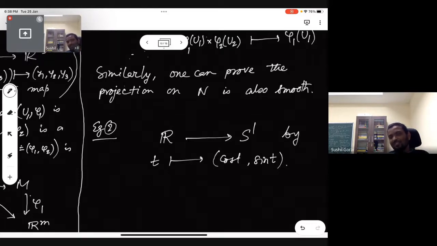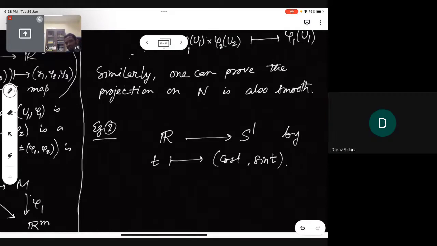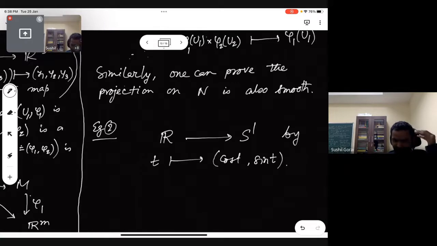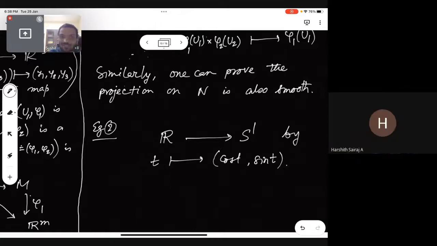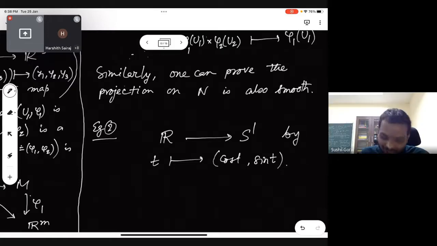Yeah, the question is, is it a smooth map? Yes. Right, so you have taken already that smooth map, no problem. But how to show it? Well, forget this. Take Harshit's atlas, upper hemisphere and lower hemisphere, and in the upper hemisphere we can look at the map, which is C infinity. So projections, right?